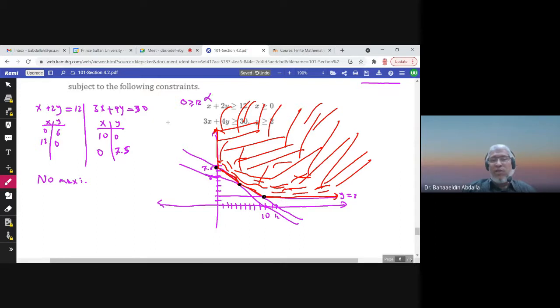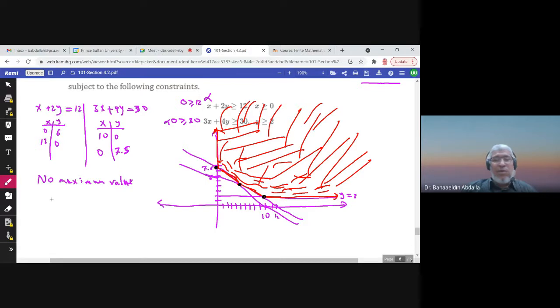That's not correct. And 0 plus 0 is greater than 30. That's not correct. Oh, good. So our graph is correct. This is just by luck, because I have to check 0, 0 first before I determine the feasible region. So everything is okay. There is no maximum value,